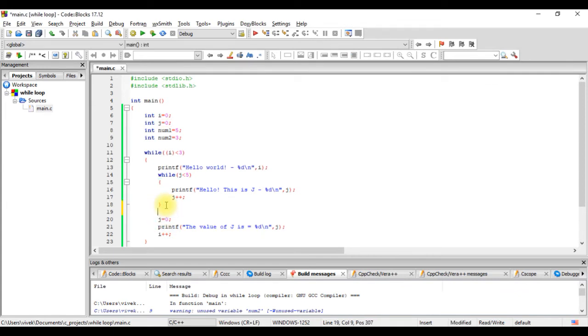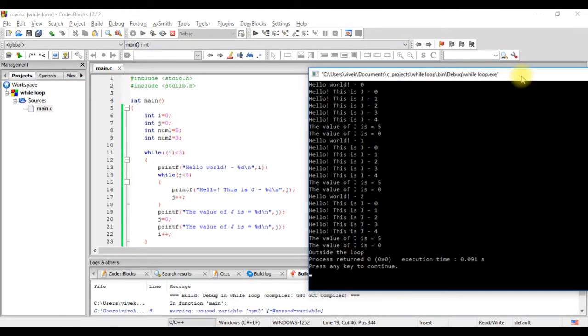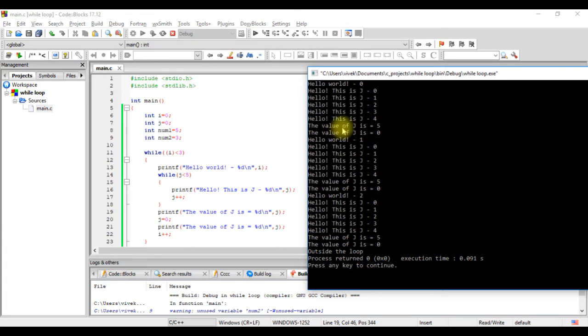If we check it just before this statement, let's say we'll print the same value here and we'll execute and see. So here, if we see, we have the value of j is 5, that is just after executing this loop, that is this is j and the value is 4, then it increments to 5, and then when it comes here the value of j is 5, then we make it 0 and then we get 0 here, then the value of I increments and this loop continues.